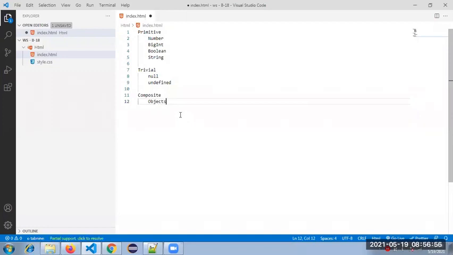All are object related: array, function, object. If you define any object, that also comes under composite. Arrays also come under composite, and functions. So these are the data types in JavaScript. Composite, we will see these three items.